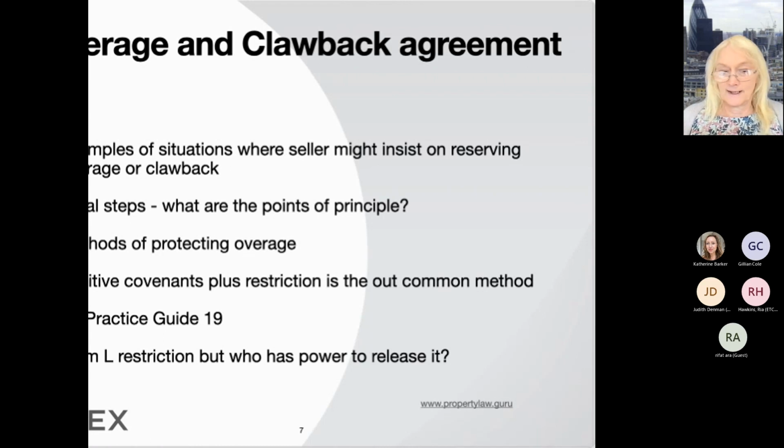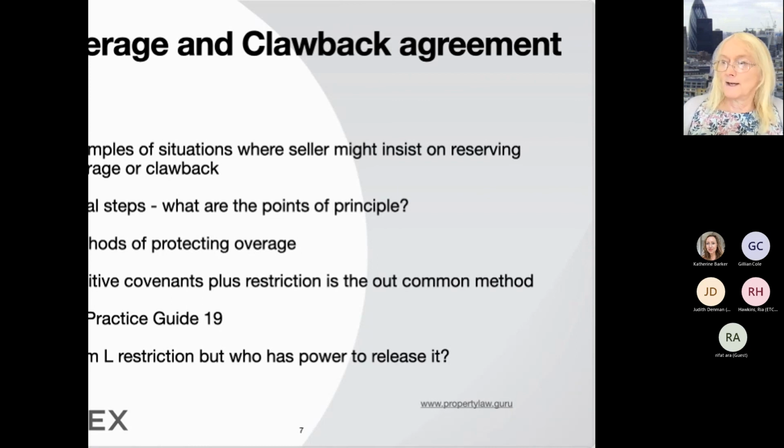And obviously, it's something that surveyors won't be aware of and it won't appear in the heads of terms. So sometimes you have to have a word with the conveyancer on the other side and say, how are we going to get around this? What's the issue here? And sometimes I'll have to say, well, before anyone drafts anything at all, let's get these sort of points of principle agreed, so then we can start drafting it. It's no use just sending me a standard PLC overage provision, because it doesn't apply.